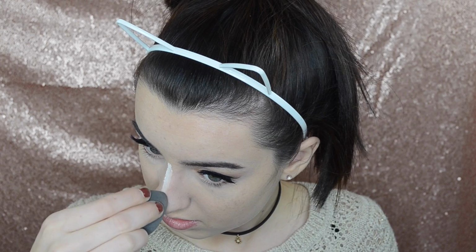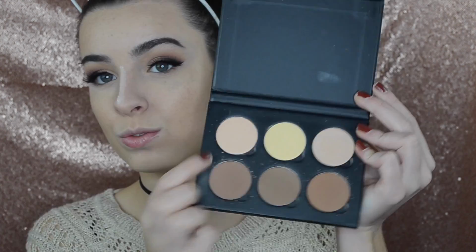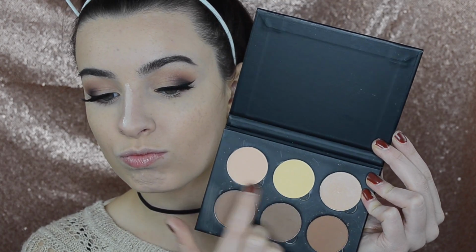I am going to bake down the center of my nose though, just to create a nice highlight down the middle to accentuate that nose contour. I've been playing around with nose contouring lately and I really like it. I'm just going to set any other areas of my face where I put the concealer, and then I'm going to take the Carity Contour Kit. I'm taking that banana shade and that light peachy shade, and I'm just going to set underneath my eyes for more of a highlight purpose, not really a setting purpose,